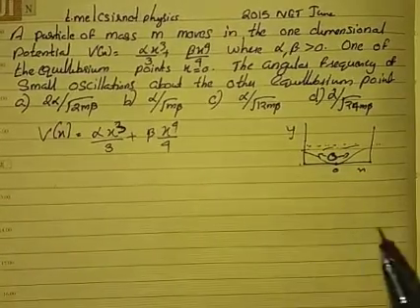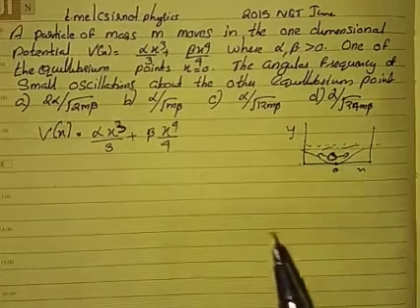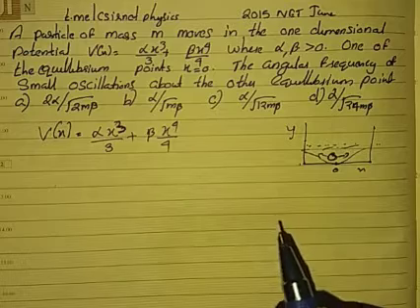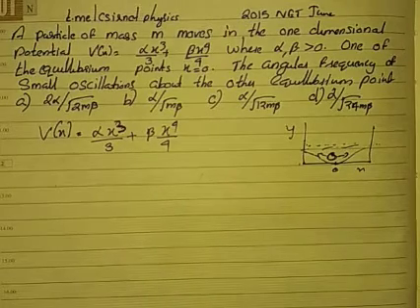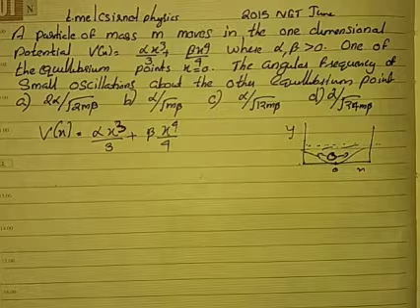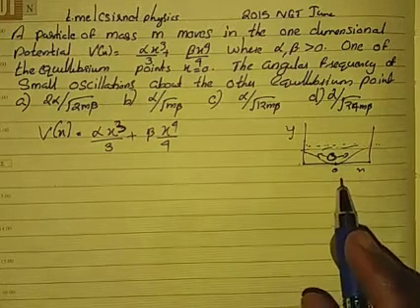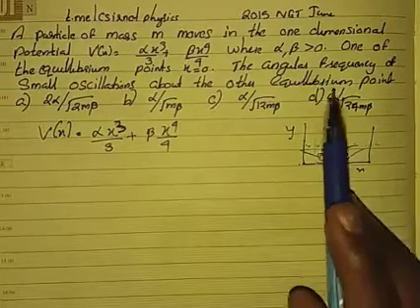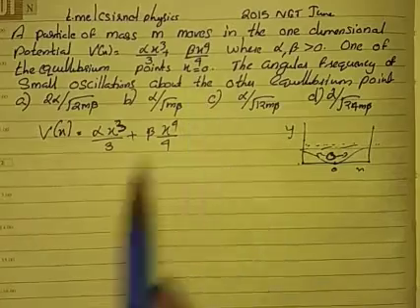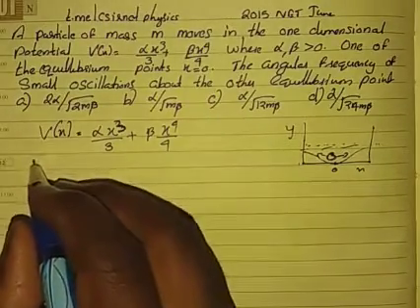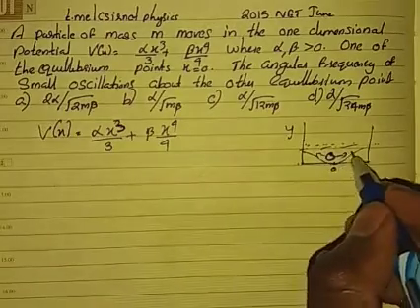So basically, we know that x equal to 0 is an equilibrium point, which means we can find the equilibrium by taking the derivative. The derivative of V of x would be 0 at an equilibrium point. There could be another equilibrium point, as mentioned in the question, because one of them is given, which is x equal to 0. So let's see what the equilibrium points are by taking the derivative.